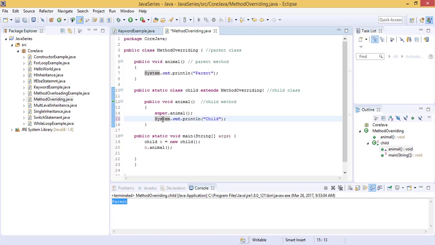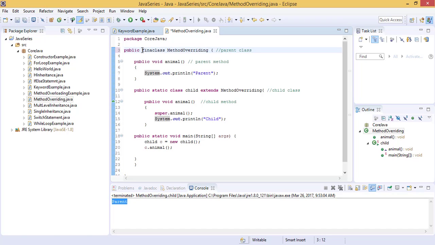Or if we use it with a class, then the class cannot have a child class. Meaning if we use the final keyword with the parent class, then we cannot use it for inheritance purposes.